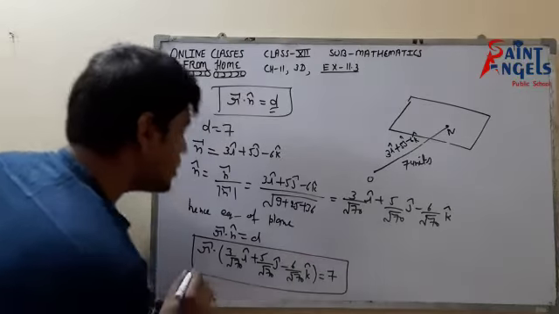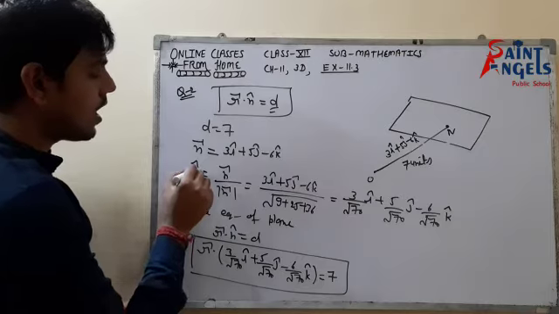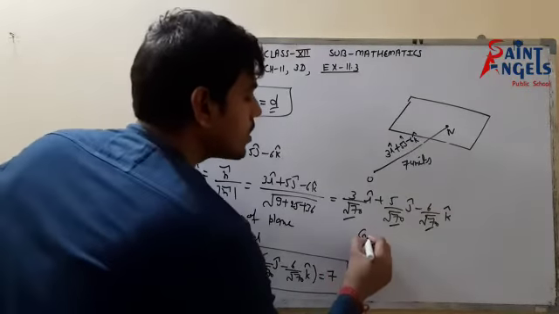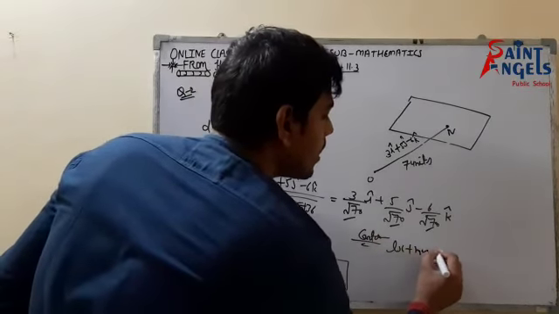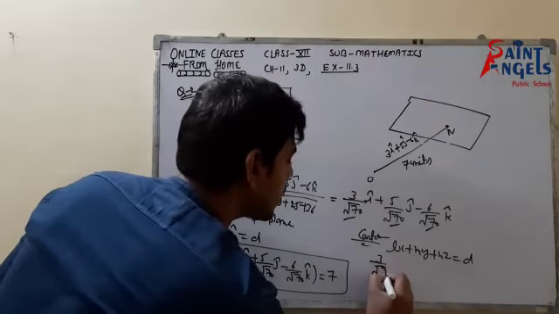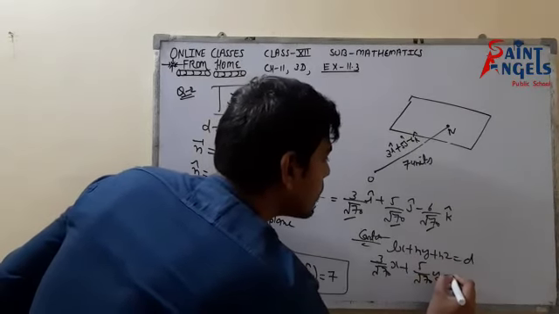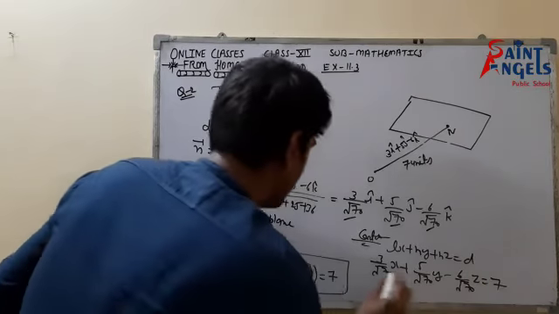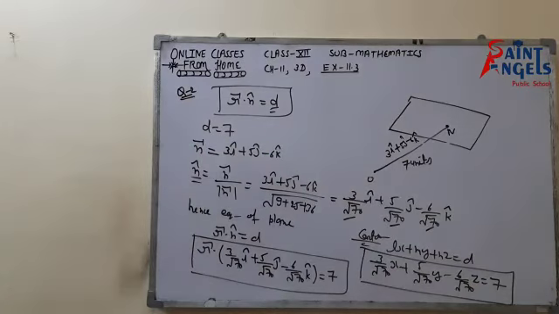Suppose we have to find the Cartesian equation. The unit vector is n cap, so these are the values of l, m and n. The Cartesian equation would be lx plus my plus nz equals d. So it is 3 upon under root 70 x plus 5 upon under root 70 y minus 6 upon under root 70 z equals 7. This is the Cartesian equation of the plane. Okay students, now please pause the video and note it down.